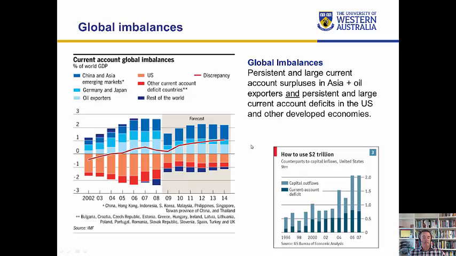They're lending money in the form of financial investment going from the countries on top to the US and the other current account deficit countries. Now, this builds up dangerous imbalances in the global economy because China, Asia, Germany, Japan, and the oil exporters, year after year after year, are effectively sending foreign investment money to America and the other countries in red. And so each year they're building up larger and larger net asset positions in these countries.